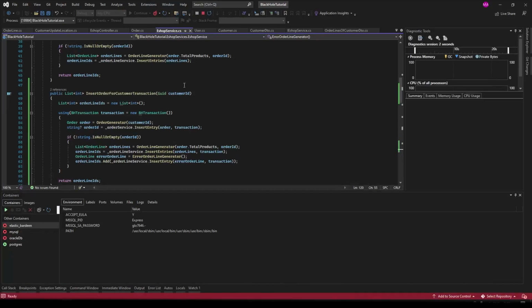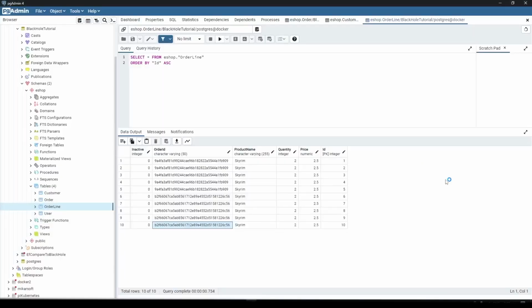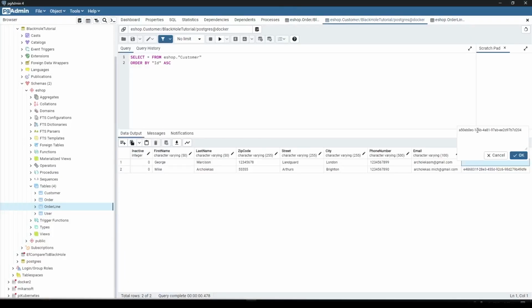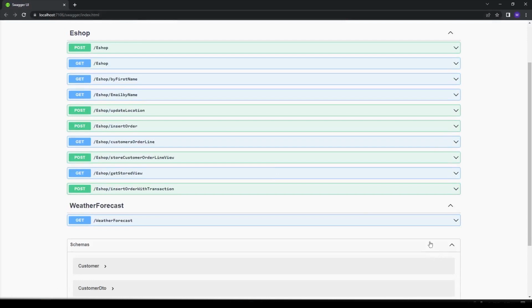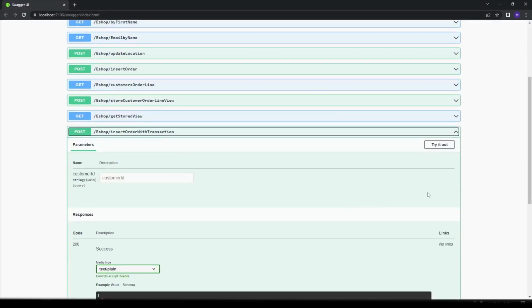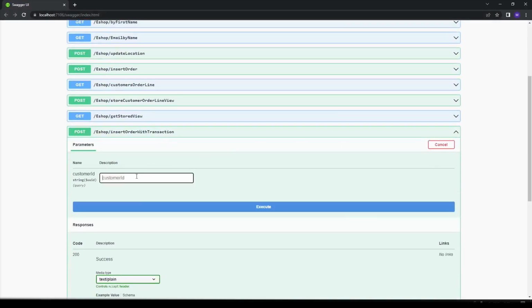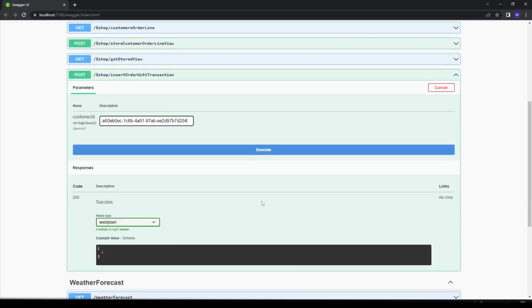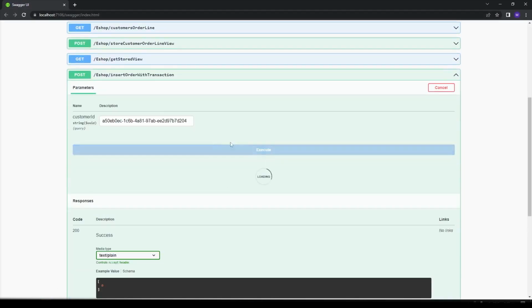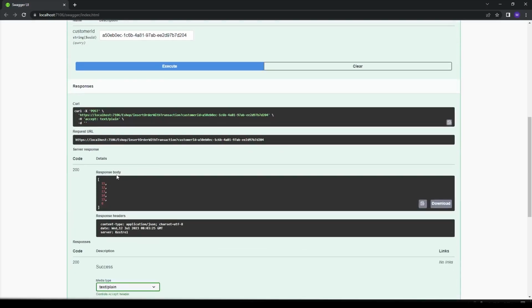And we can test this controller again. We will go here and copy the ID of the customer. So this is our method. Let's try it. And we're going to paste the ID of the customer. And if we execute now, you see, we're getting the IDs, but the last ID is 0, which means we